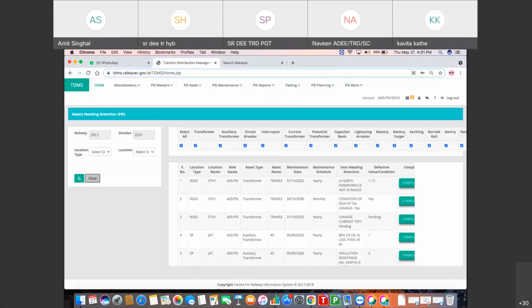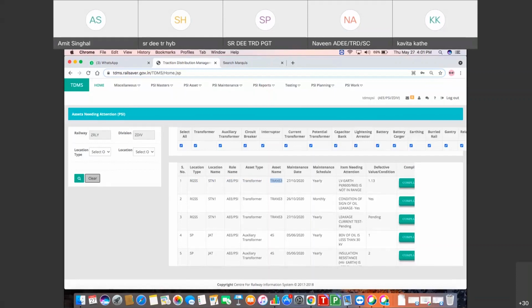Now we will see this first exception generated for transformer. Location type of this transformer was GSS and location name was station 1 and SS, role name is PSI. The name of transformer is trans 3.